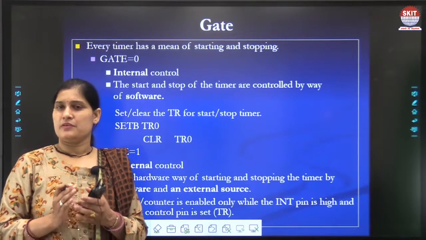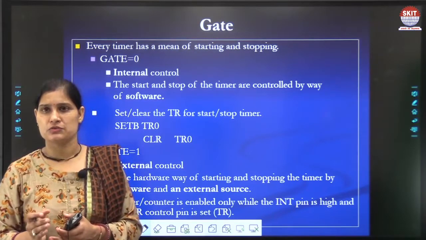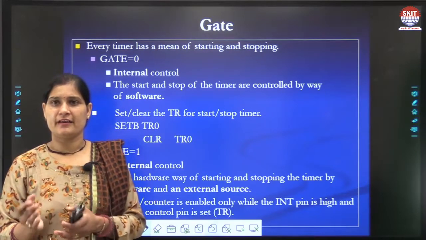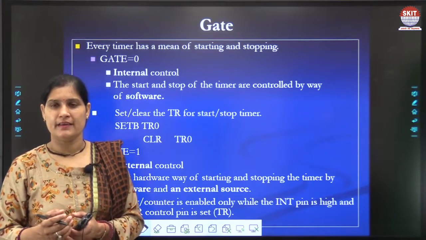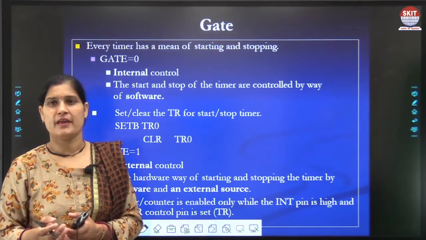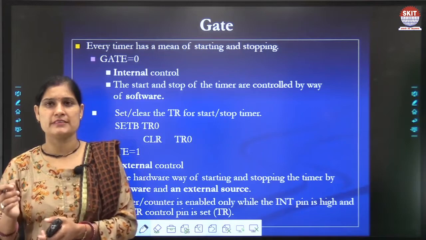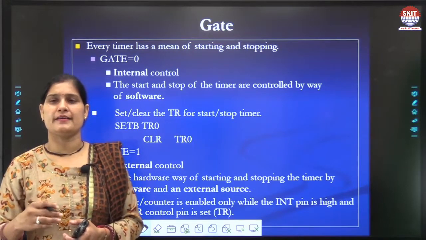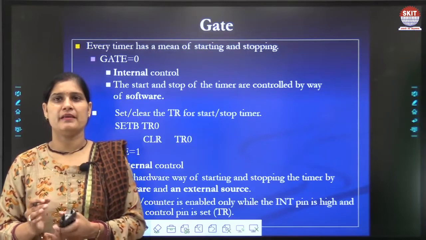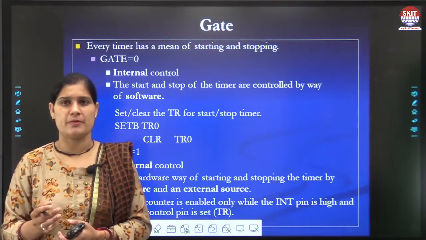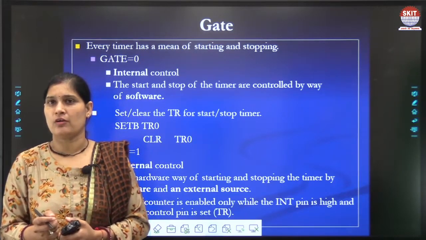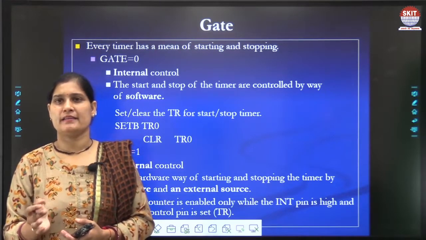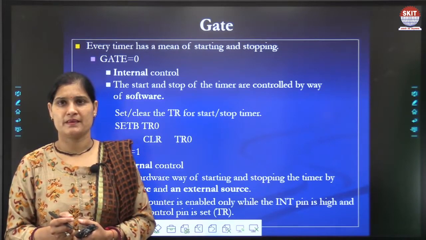If the gate bit equals 0, the timer is controlled internally, which means we start and stop the timer by software, by setting TR0 and clearing the TR0 bit for timer 0, and similarly TR1 for timer 1.